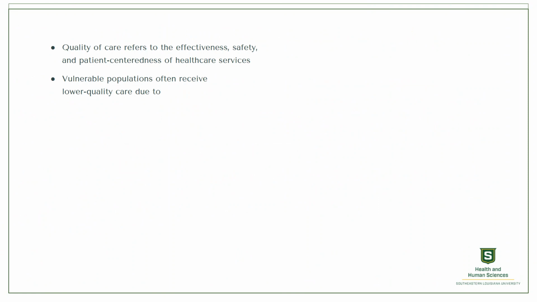So, vulnerable populations often receive lower quality of healthcare, and some of that comes as a result of healthcare providers having implicit or unconscious biases against people of that community or even individuals, which can lead to either conditions being misdiagnosed, or even when they are rightly diagnosed, they go untreated because the providers have